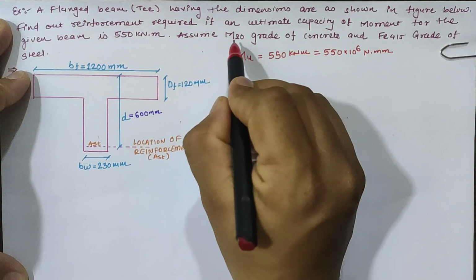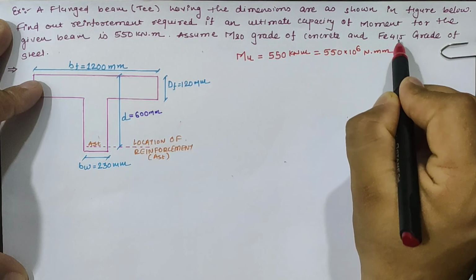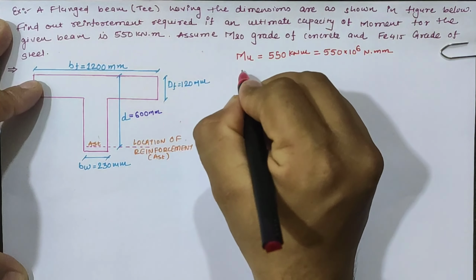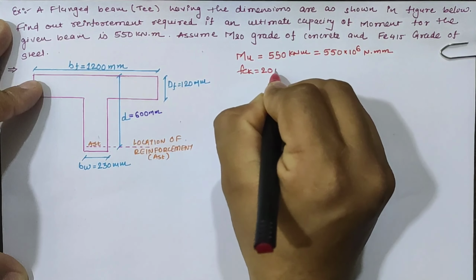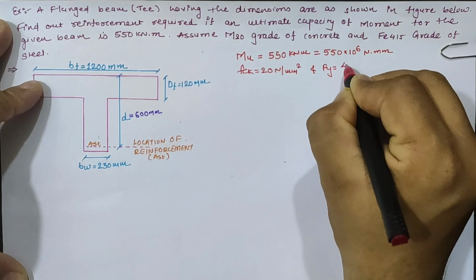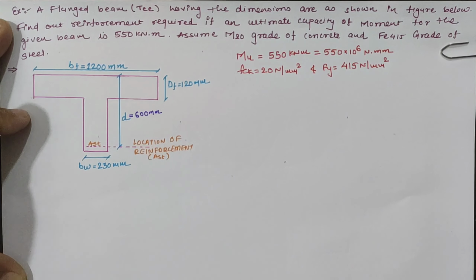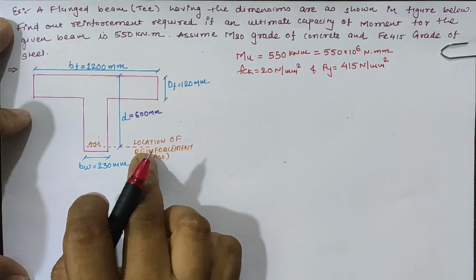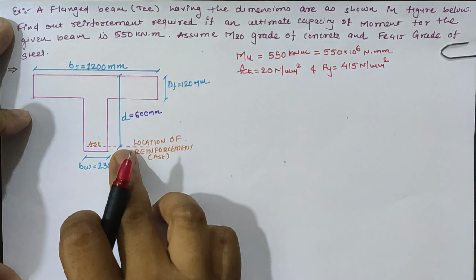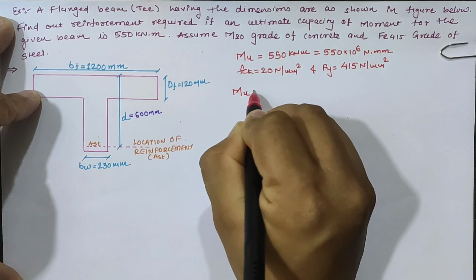We have given the grade of concrete as M20 and steel as Fe415. Now, for the calculation of area of steel, let us assume the depth as given as 600 mm. Moment can be calculated by